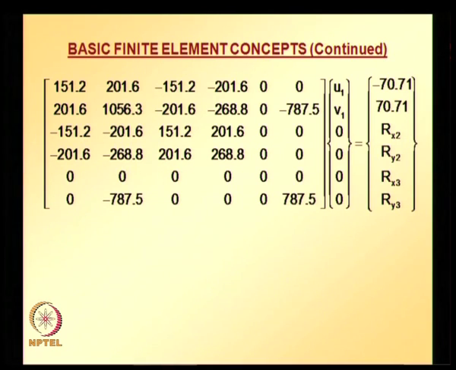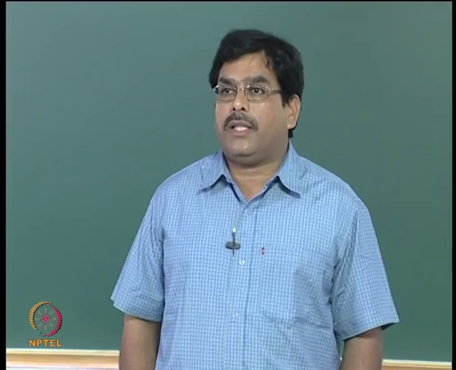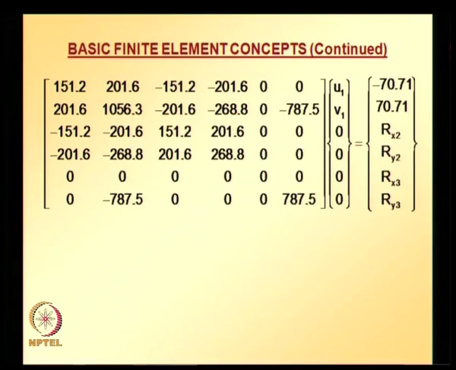and here it is indicated, you can see here for the given problem node 2 and 3 are fixed. So the corresponding degrees of freedom values will be equal to 0, and the only unknowns are u1 v1, which correspond to the degrees of freedom for node 1, and wherever a 0 value for the degrees of freedom is applied, reactions will be developed at those points. So since displacement degrees of freedom values at node 2 and node 3 are 0, in the corresponding locations in the force vector, reaction terms will be there. They are indicated using r x2, r y2, r x3, r y3,